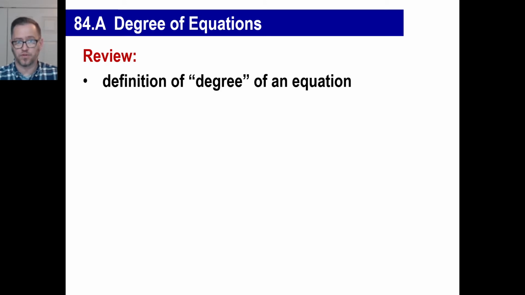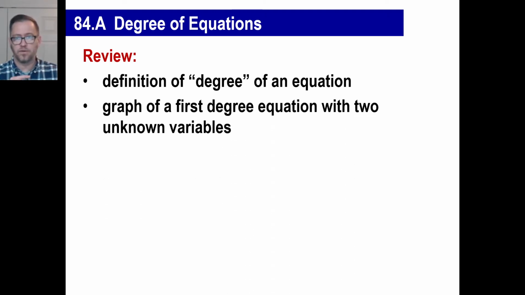The definition of the degree of an equation is the variable that has the highest exponent value. In other words, let's say it's x squared plus x plus 1 equals 0. Well, since x squared is the highest exponent value, the degree is 2. All right? We've already done first degree